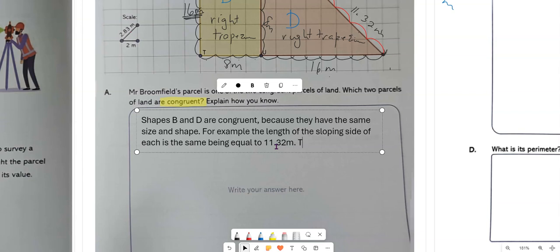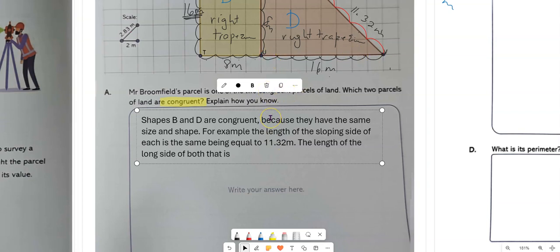Okay, the length of the long side of both,